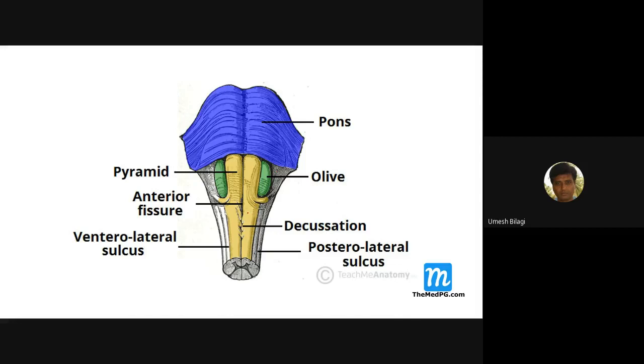That's the ventral or anterior surface of what part of brainstem I'm discussing? Medulla. Yes, medulla. I'm just trying to know how attentive you are. So this is just a brief insert. So what is this fissure? Centrally the anterior medial fissure, and on one side this fissure is what?